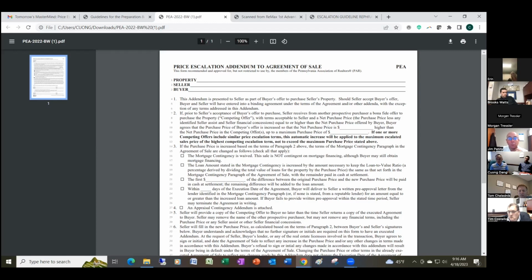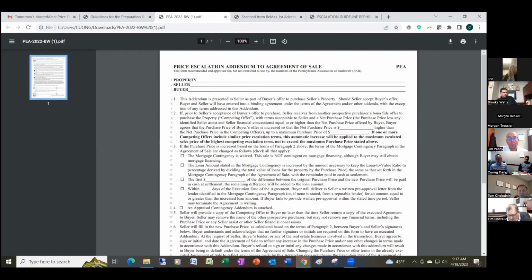Okay. And what that is stating is, if you elected the mortgage contingency and you put in the agreement of sale that your buyer is getting an 80% loan to value, putting 20% down, okay? Let's say you increase the price $10,000 to $210,000, okay? What this is stating, and it's letting the seller know,